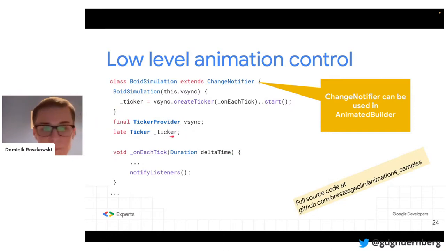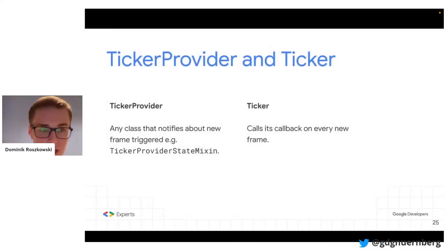So this is pretty cool stuff because you actually went pretty low level in your animation implementation. I think a bit lower level would be on the widget layer, if you would try to use render boxes or render objects, this kind of stuff. But here we just used custom painters. Just to recap, ticker provider and ticker are the classes that can help you if you need to create a really low-level custom animation that requires more control over how much time passes between each frame. Maybe you have to do some more elaborate computations in between.